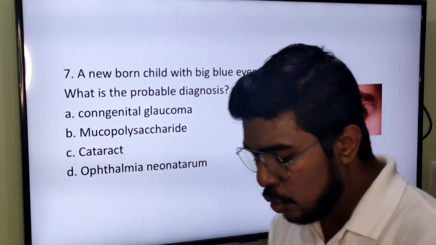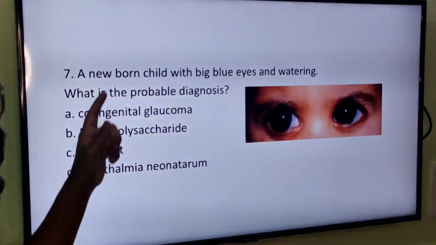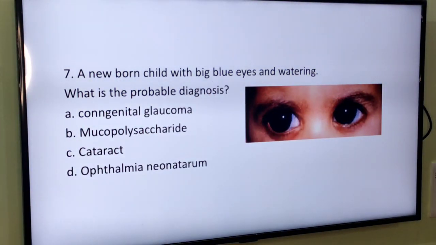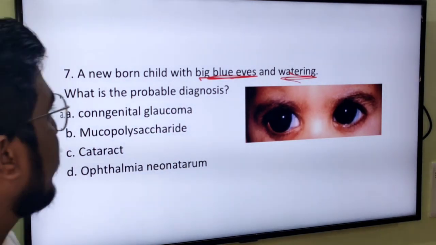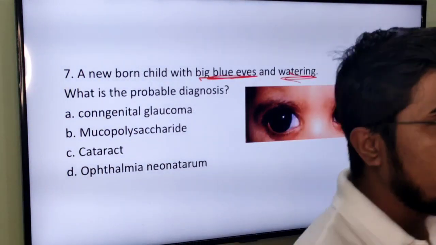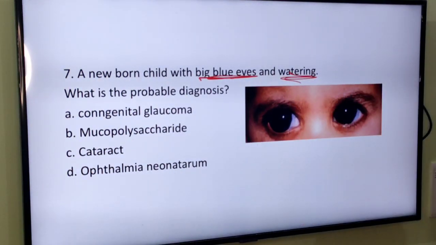Now coming to this, a newborn child with big blue eyes and watering. Big blue eyes and watering. What is the answer? Congenital glaucoma, mucopolysaccharidosis, cataract, ophthalmia neonatorum. Since it is a newborn, this is congenital corneal opacity, right? So you know about the seven things, very simple. You know about the